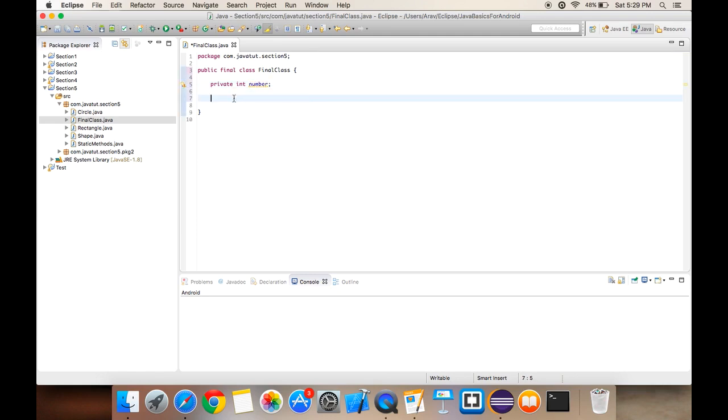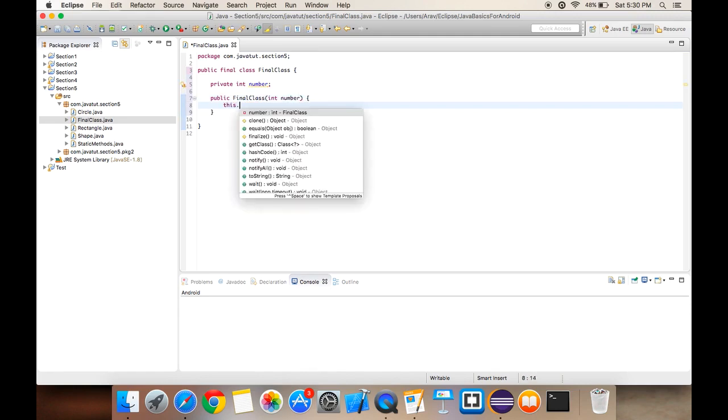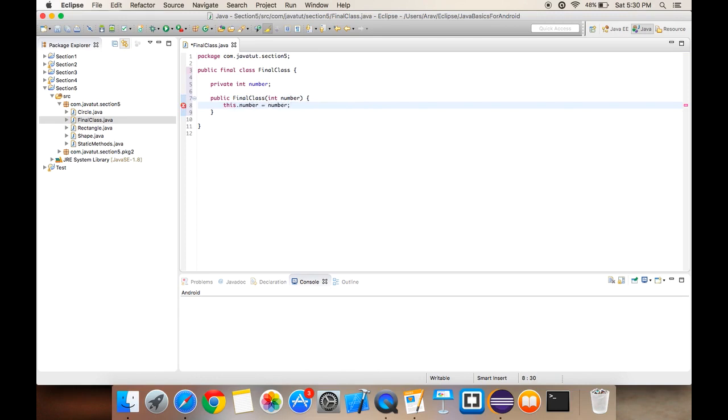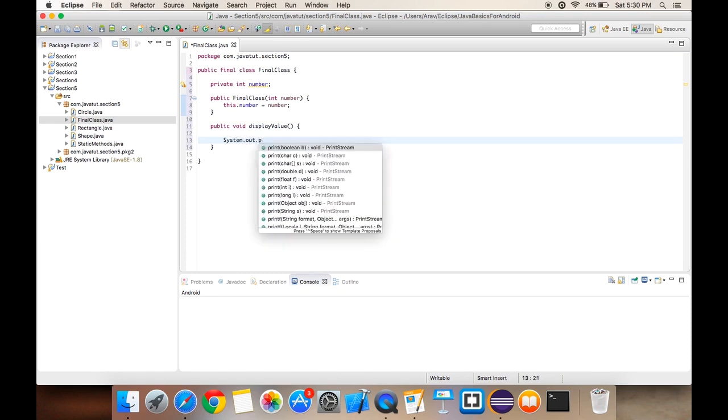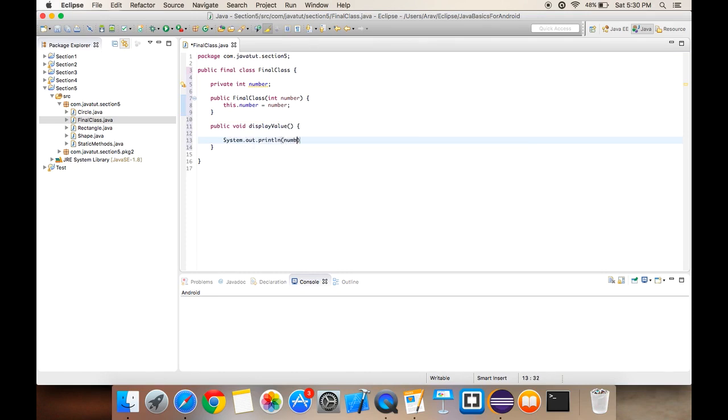We can add a constructor, public FinalClass, which takes number, and then it will set this.number equals number, right? And then maybe we will add a public void displayValue,